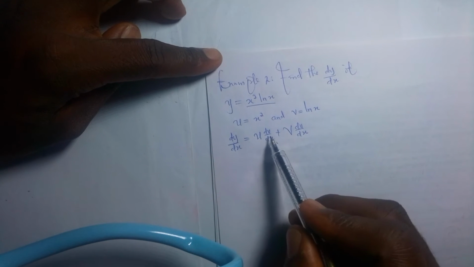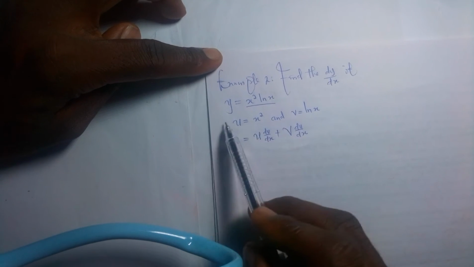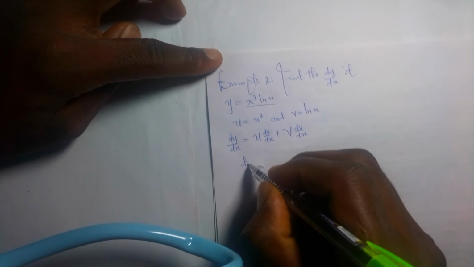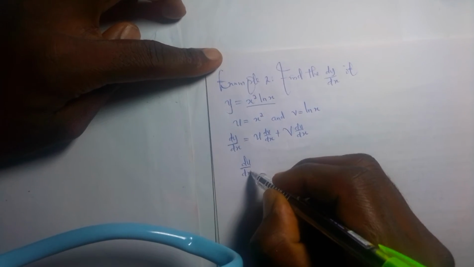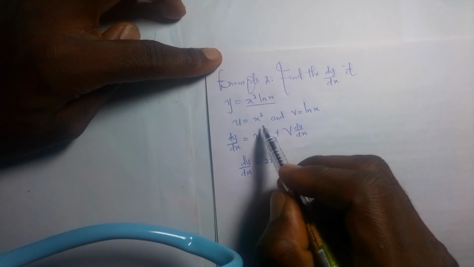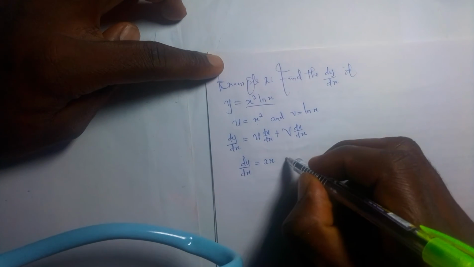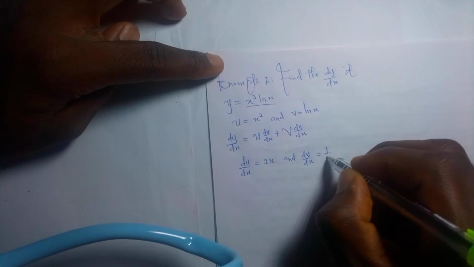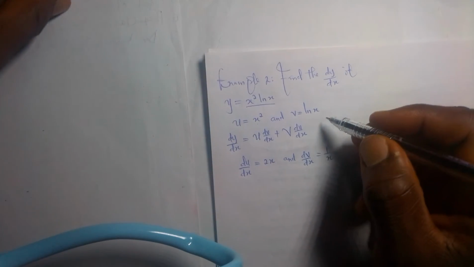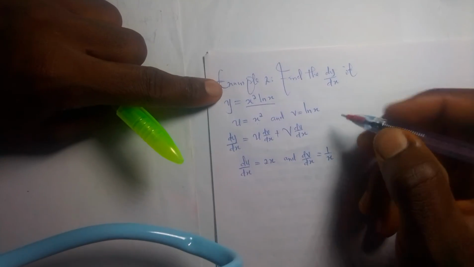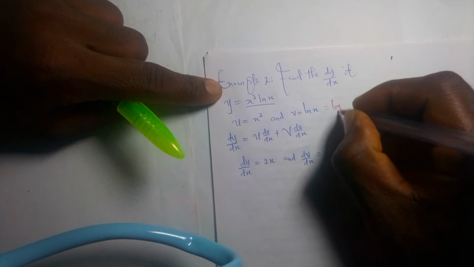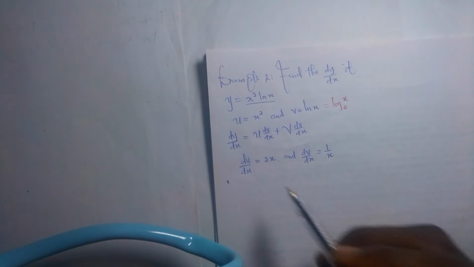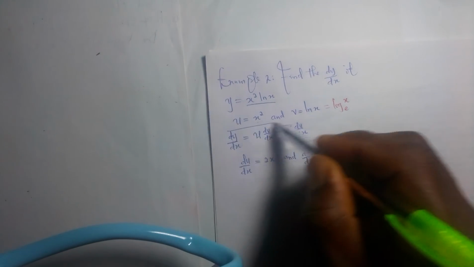So what it means now is that since we have the dv dx and the du dx, we have to find the derivative of these two respectively. So the du dx now is equal to 2x, that's the derivative of x squared. Then the dv dx is equal to 1 over x, that's the derivative of ln x. And I told you that ln x is the same thing as log x base e. So now, since we have found the du dx and the dv dx,